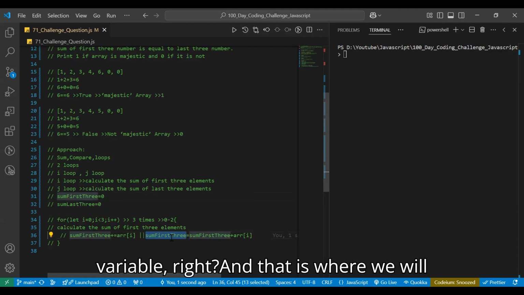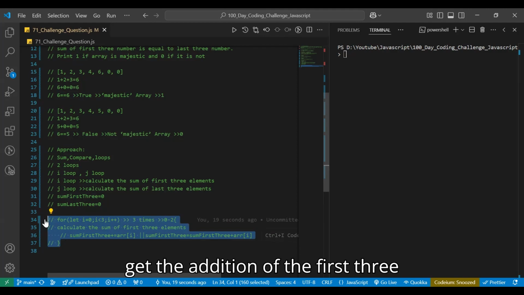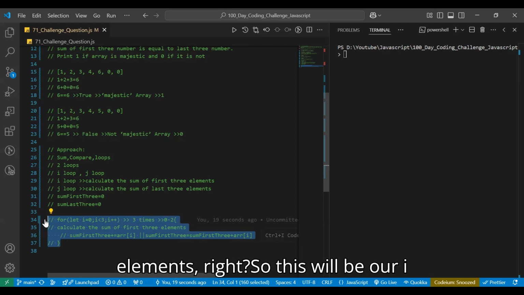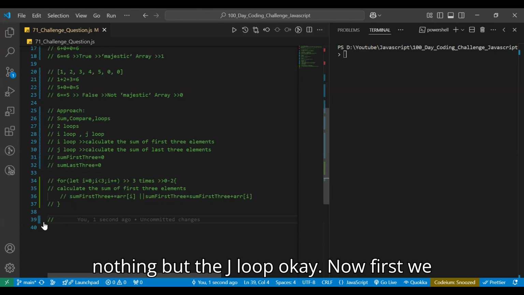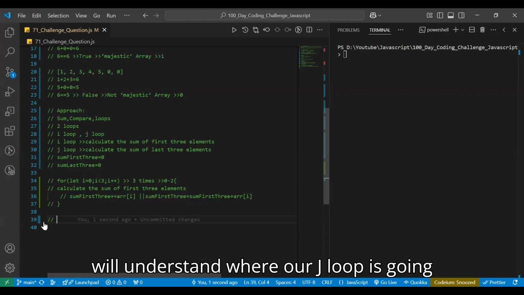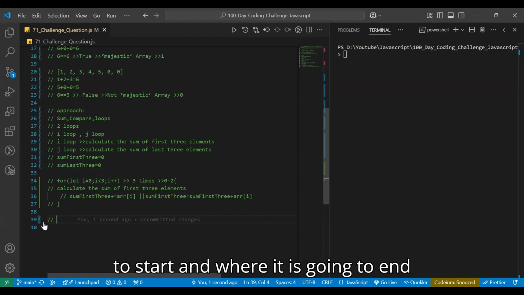Sum first three variable, right? And that is where we will get the addition of the first three elements, right? So this will be our I loop, okay? Now let us go for the second loop, that is nothing but the J loop, okay? Now first we will understand where our J loop is going to start and where it is going to end,